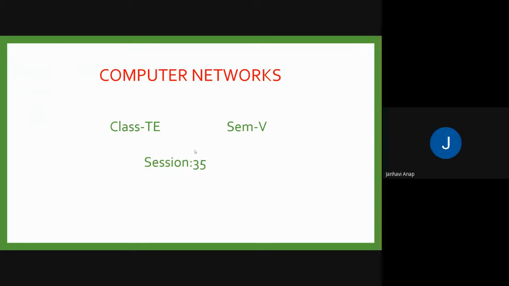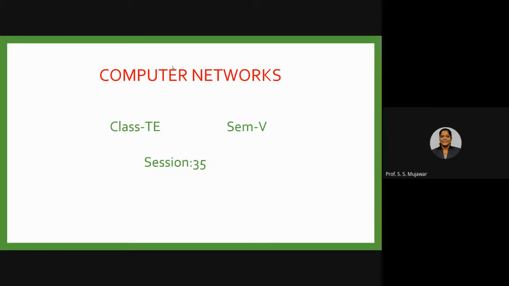Yes, ma'am. Okay. So in the last session, we started with the routing algorithms. We know that there are two types available: static and dynamic algorithms. What these algorithms do is find the shortest path to reach the next router, so that our packet reaches the destination within a short time period, and by using the correct path.